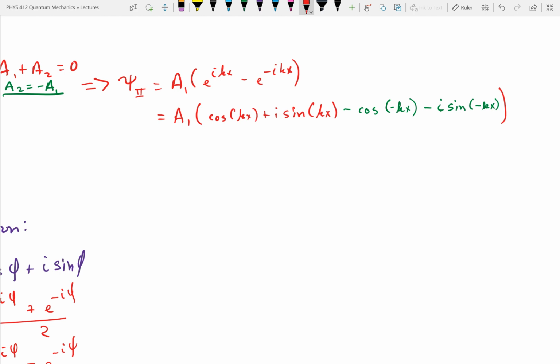Cosine of minus kx, cosine is symmetric about 0. It's an even function. And so that's exactly the same as making a plus sign there. So these here are the same. Sine of minus kx, that's anti-symmetric. It's an odd function. And so there I have to change the outside sign. So just using the rules, sine of minus kx is minus sine of kx, and cosine of minus kx is cosine of plus kx. Then this combines to give me